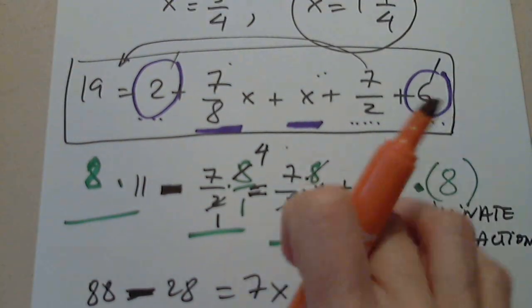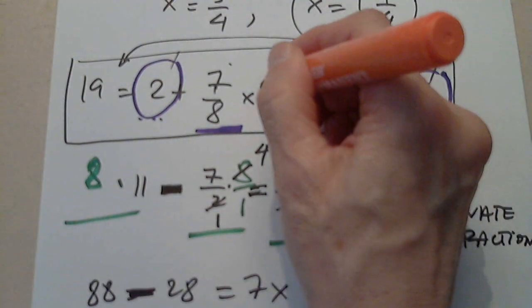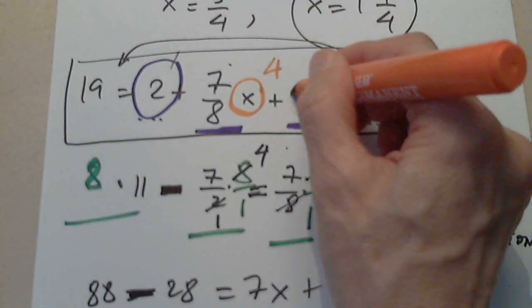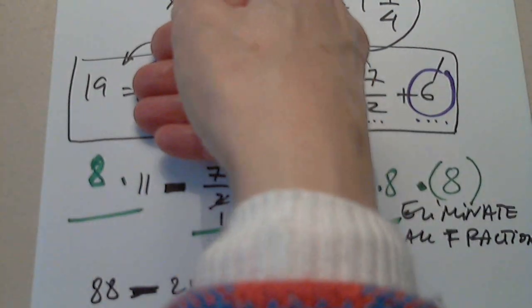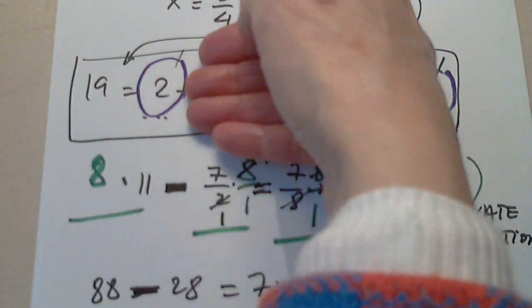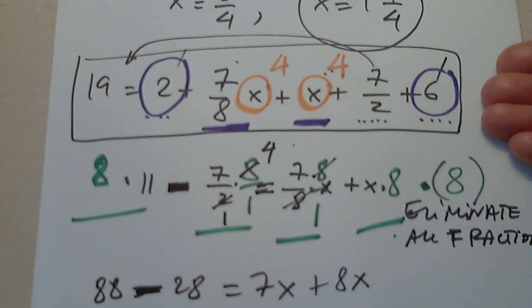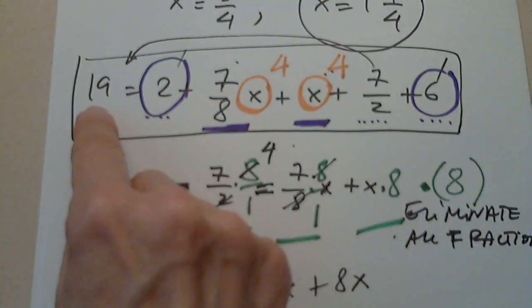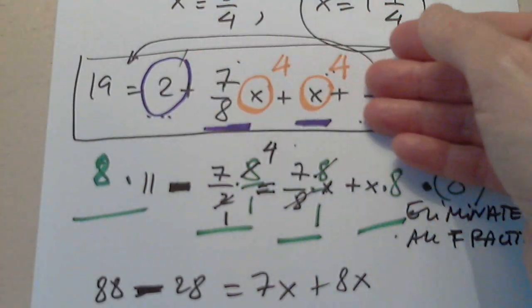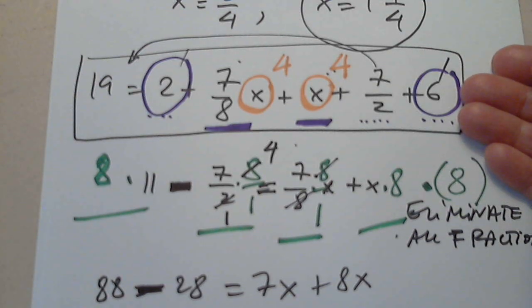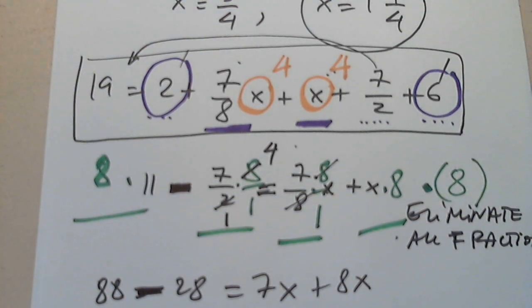Not here, not here, not here, nowhere else. But in the original problem and replace x by 4. If replacing x by 4, all this side, after performing all calculations, we get 19, I will come back and say yes. If performing all these calculations will not result in 19, I will say absolutely wrong, start from scratch. So